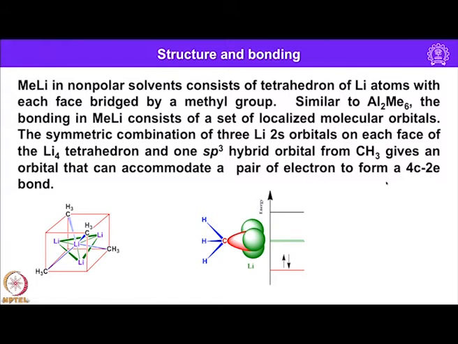Okay, so you can see that one, and of course one can also write in this way. This is bonding orbital and these 2 are non-bonding orbital and this is anti-bonding orbital. So through MO diagram also one can represent. This involves 3 lithium 2s1 orbitals and 1 sp3. So here we have 4 orbitals essentially that constitute 1 bonding orbital where these 2 electrons reside, and we have 2 non-bonding and 1 anti-bonding. So this is how one can explain the bonding in methyl lithium.